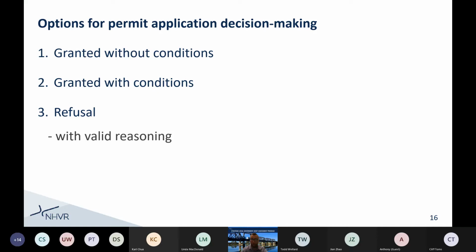Option 2 is granted with conditions. Granted with conditions is basically there is a risk involved. However, if you impose these particular conditions, that risk is a lot less likely to occur. And those can be added. You can add those conditions by using the standard conditions that we provide, or a custom condition, and I'll run through those particular different methods of giving conditions. Last